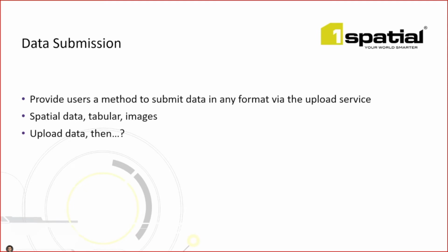You also might go to that next level of getting some data, ingesting it, and then validating it to confirm or check that the data you've received from a user actually meets the requirement you have for that data. So maybe you've got a data spec or a particular standard that has to be adhered to. You could use FME to go and do that validation to actually check whether the data has met that standard. If not, you could then return it back to the user before it even notifies anyone within your organization that the data hasn't met the particular requirement and that they need to go away and address the issues and then